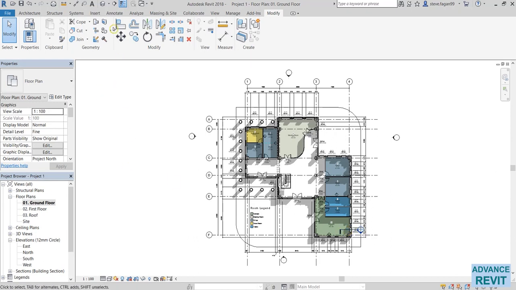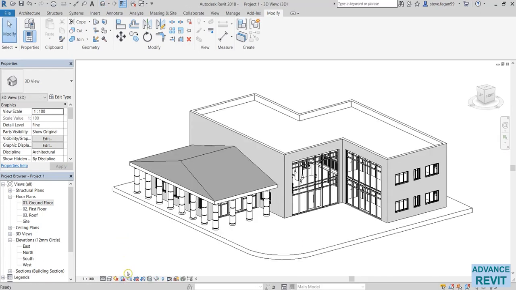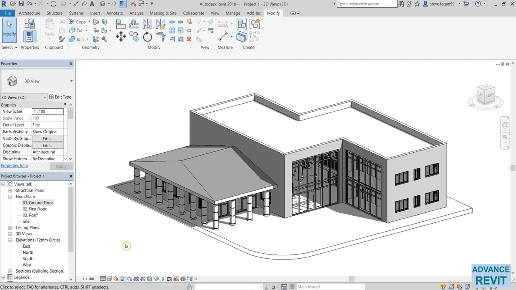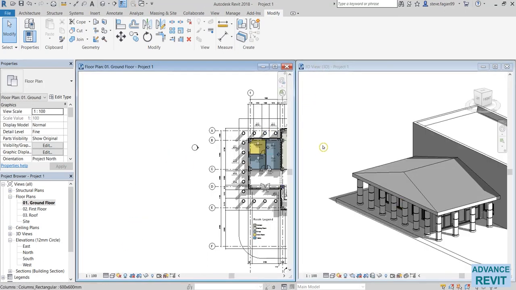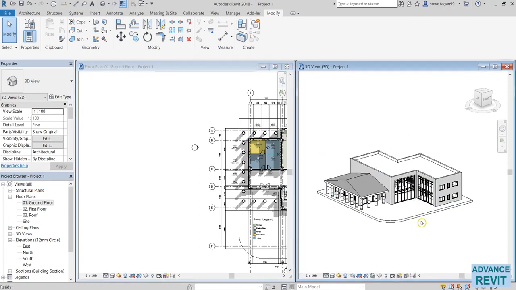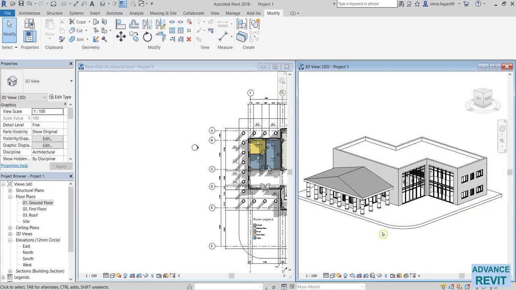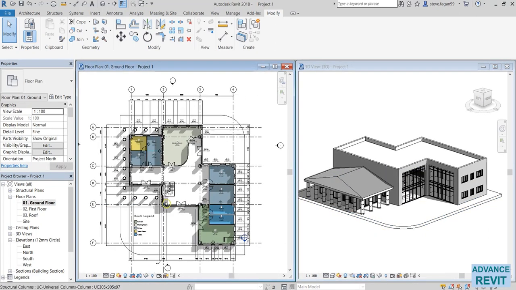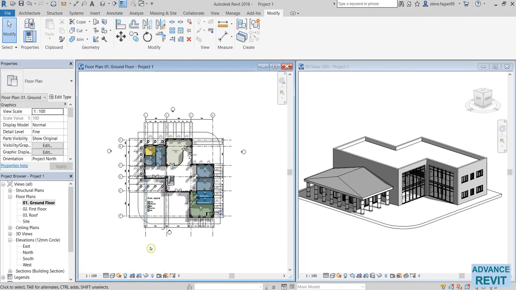For a better view of what we're doing, we can turn on our 3D view. So when in the 3D view, if we turn on our shadows, and again we can press WT to display our window tiles. So now that we have our shadows turned on, the next thing we're going to do is add in our